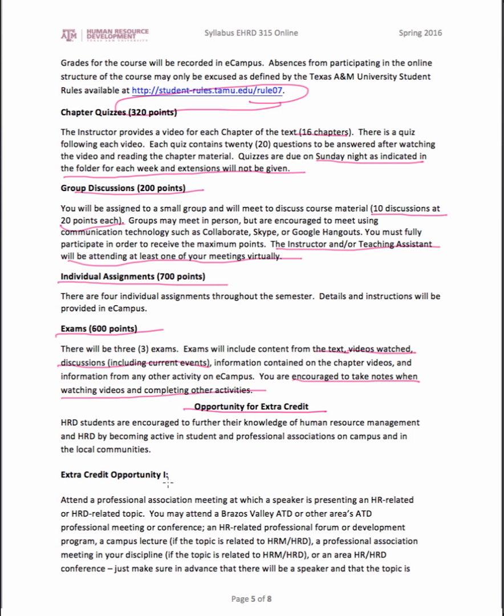The first one is attending a meeting where a speaker is talking about an HR or HRD related topic. There are several places you can go to find these. The Brazos Valley ATD has great speakers that come in every month. SHRM has great speakers that come in every month. So you need to find a speaker and attend